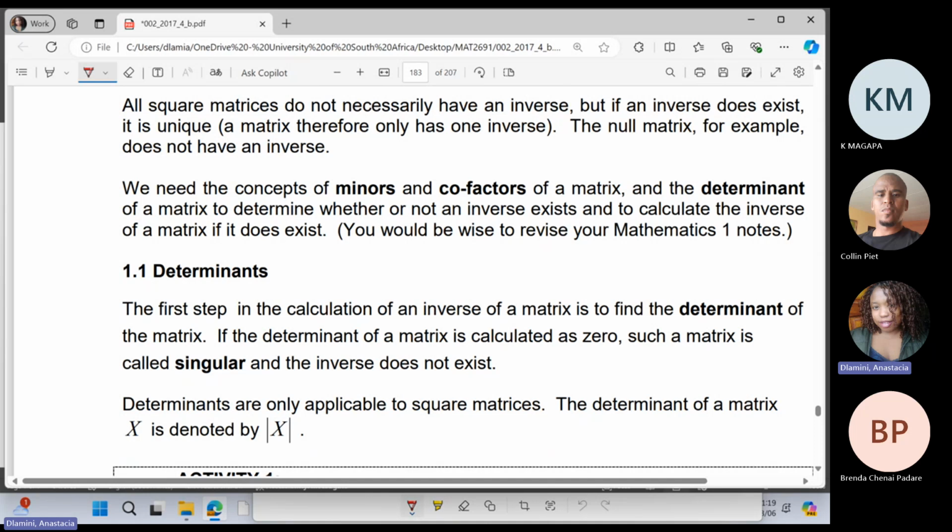You're given a matrix, you don't assume the inverse exists. You need to just go check if the inverse exists. Once the inverse exists, then you do what? Then you find that particular inverse. Now